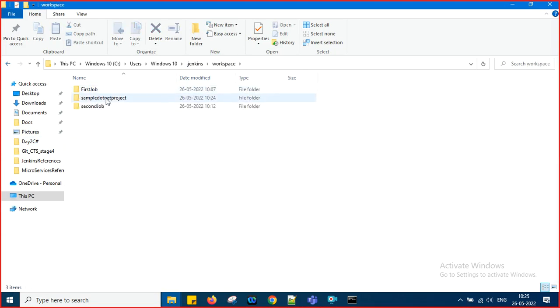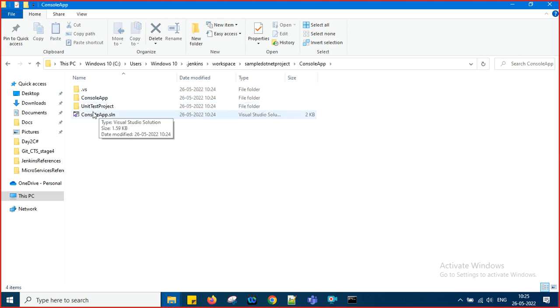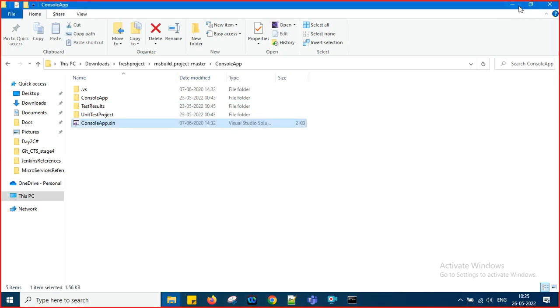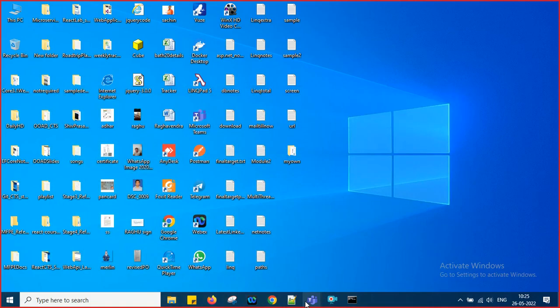So his project has come now. Okay, the sample project is in this folder, the console application is there, the test and all are there here. Okay, fine. This is the path of the SLN file, remember, this is the path of the SLN file. I am keeping it here like this only. Next what,